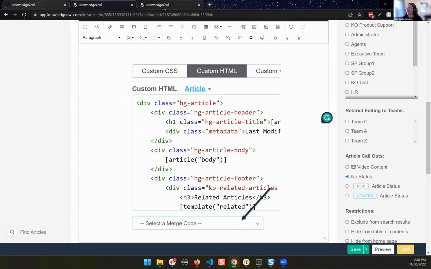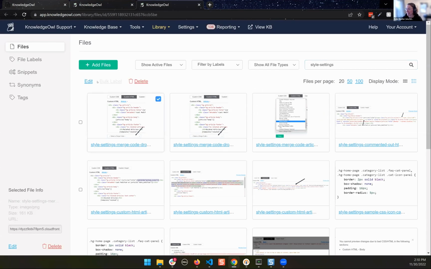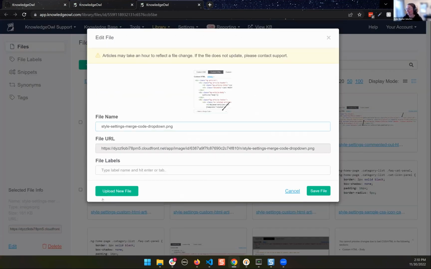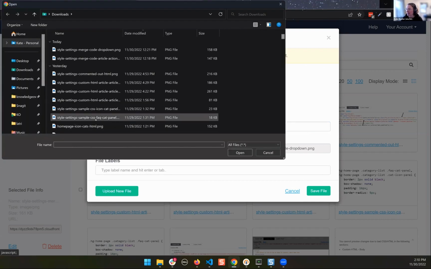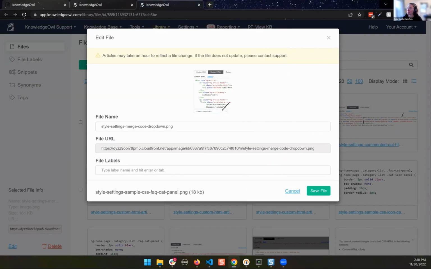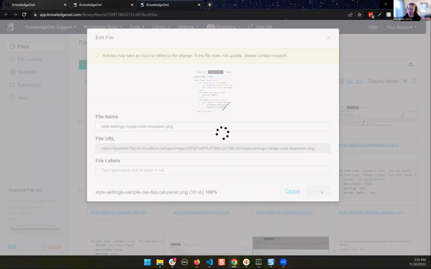The other option is to come into the file library and say, oh, I want to edit this file. You can upload a new file that has whatever the new screenshot is. I'm going to grab this other style settings thing I have. You can tell it what file you want to replace it with. Once it uploads, you'll see that the new file that you uploaded in the lower left, it'll tell you roughly how big it is. At this point, once you save file, this updates the file in the file library itself,